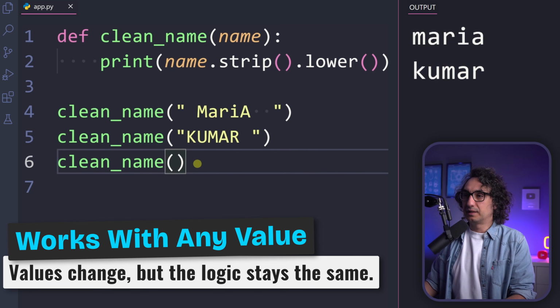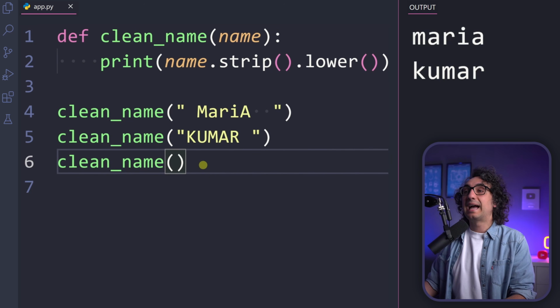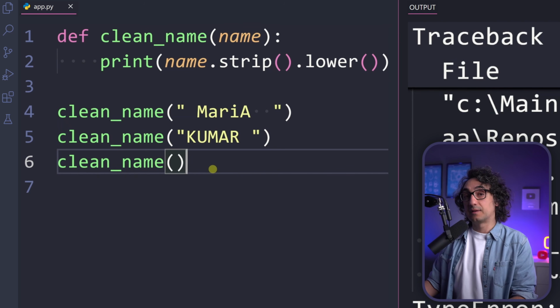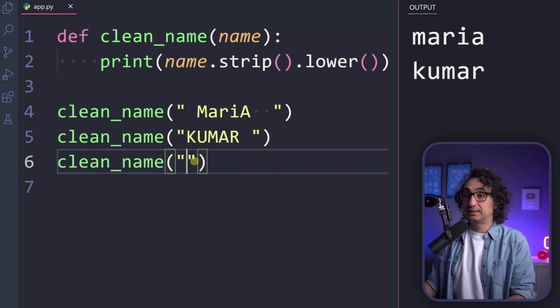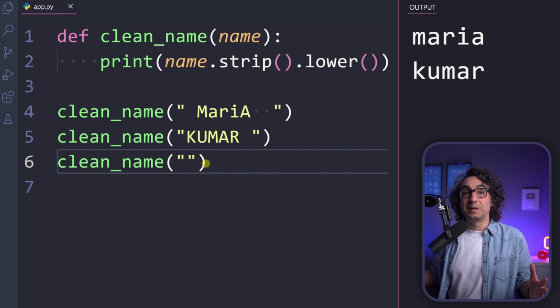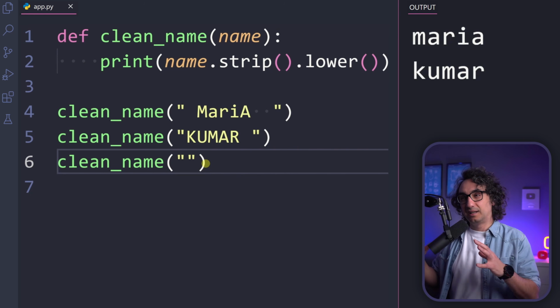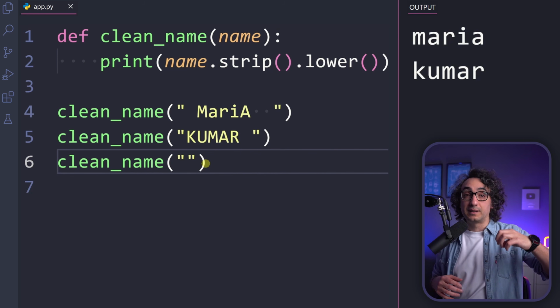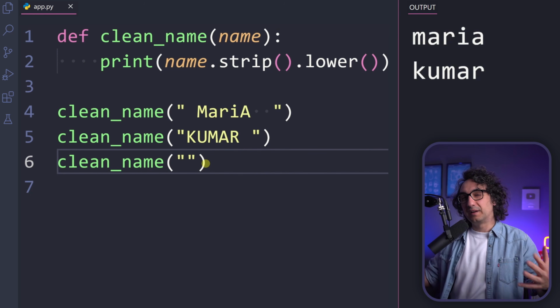But now one more thing, of course, if you execute it without any argument, you're going to get an error, because the function has a parameter and it expects an argument. So you cannot leave it like this. But of course, if you don't want to pass any value, you can pass for it like an empty. This can still work, but you have to pass something. So this is how we use a parameter and an argument in order to build an input to our function, which can make things more flexible and professional.